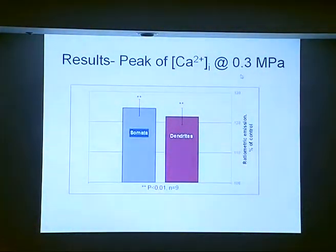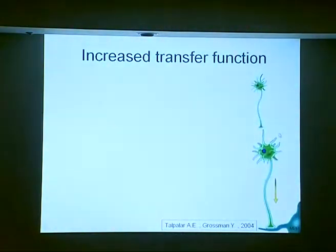Compressing to 0.3 megapascals, the equivalent of 20 meters of seawater, what we witnessed was a significant increase of the ratiometric emission in both somata and dendrites. Thus, we can say that the calcium concentration peak was augmented by high pressure. This correlates with the results from experiments done in our lab not too long ago by Tal Palau, which we'll